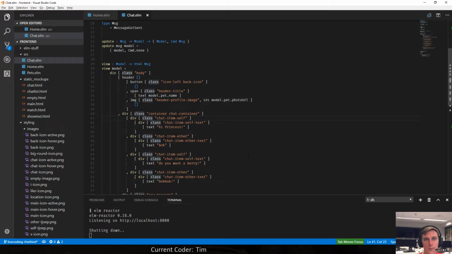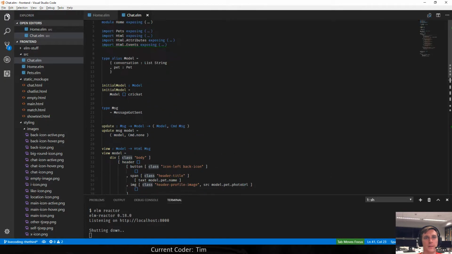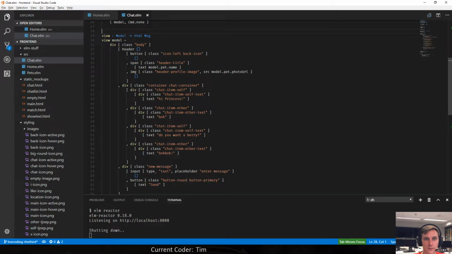Okie dokie. Now we already have the pet as a dynamic thing going on, but let's also add something that takes into account our conversation, right? So in this part right here is going to be our conversation because you can see here every chat item or chat item self div contains the text that we want to render. So if we want to make this dynamic, what you could do is all of these things, right? All of the texts are